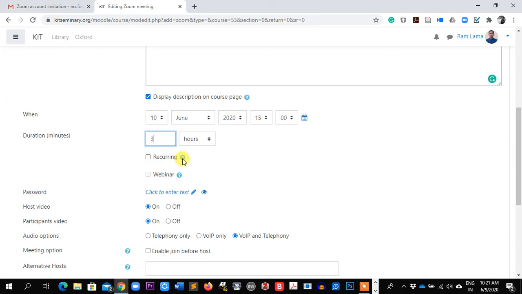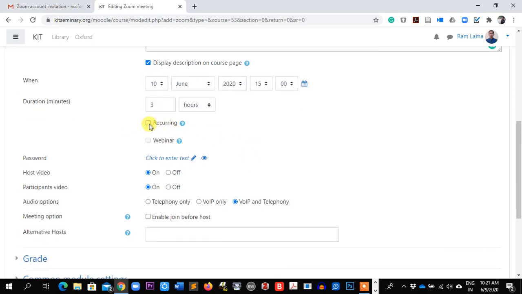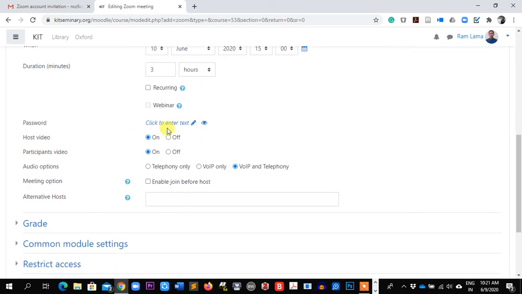Then recurring, so that means whenever students click or join, you have to accept them, and it will say requiring. It has no end date, so anytime you can just require. It is up to you. I guess not doing recurring will be the best, because when we do this one they can come anytime. So let us not do this one. Then say here host video on, participant video on. So you have to say on for this one.